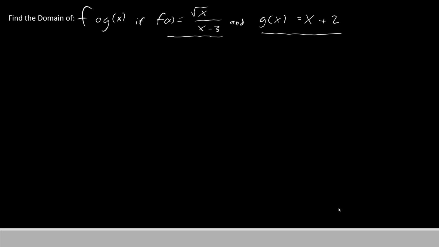Let's have a look. Our functions for this problem are f(x) equals root x divided by x minus 3, and g(x) equals x plus 2. Our goal will be to find the domain of the composite function. Now, before we address the composite function, we first have to find the domain of f and g. So we'll start with the domain of f,